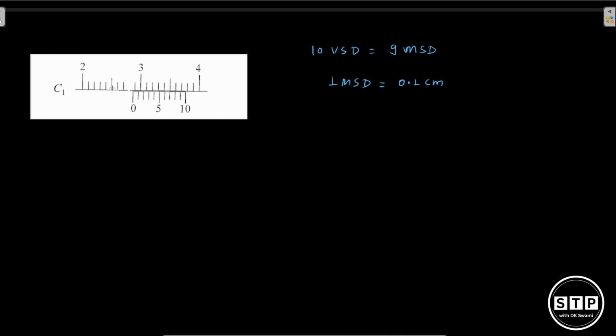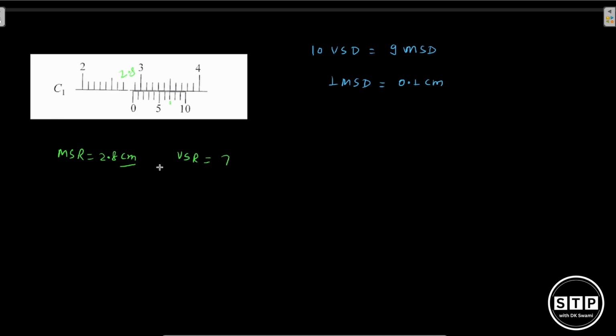That is 2.8. So MSR is 2.8 centimeter. And then next we need to find out VSR. The division matching with the main scale, so VSR is 7,